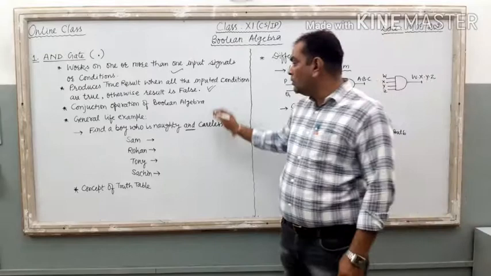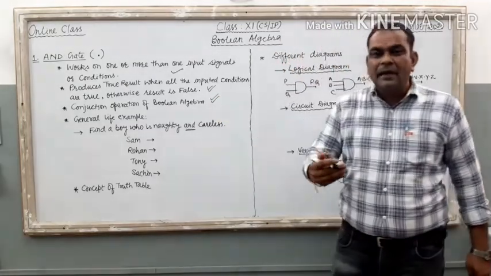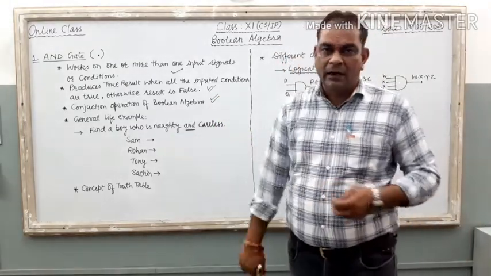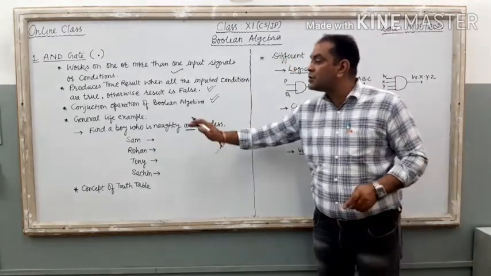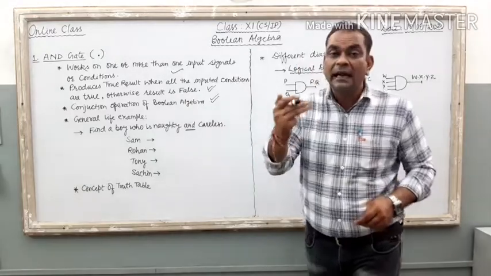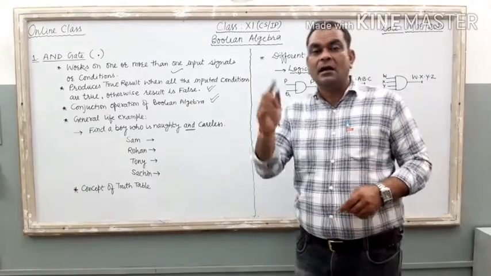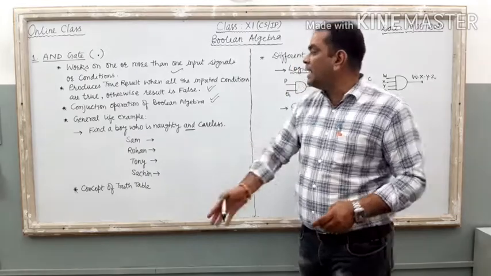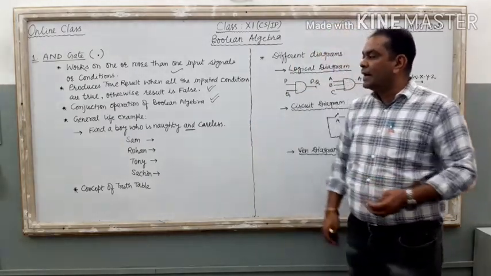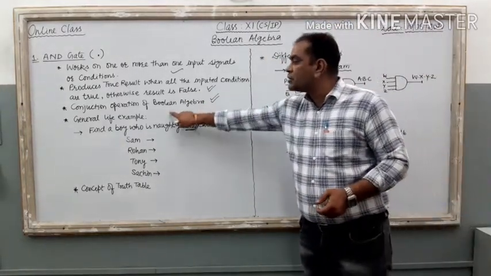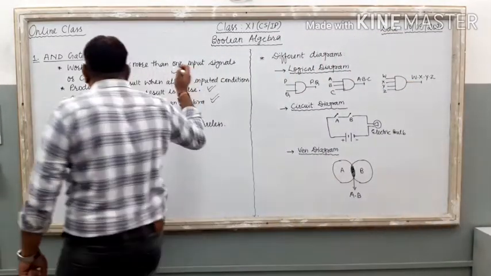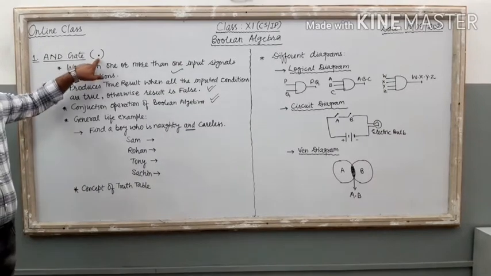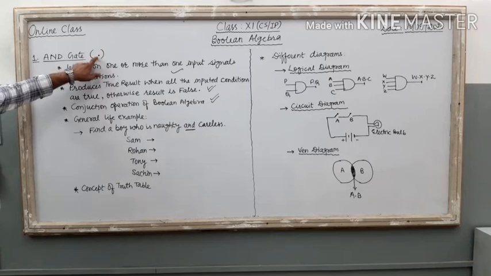Clear? Now the third point: the AND gate represents a Boolean function only. Which Boolean function, which Boolean operation? It represents the conjunction operator. You know there are 3 different operations in Boolean algebra: conjunction, disjunction, and inversion, or we can say inverting. So the AND gate works on the conjunction operator of Boolean algebra. Here one more thing, the symbol of the AND gate is this one. You just put a dot sign. Dot, full stop. It is the symbol of the AND gate.